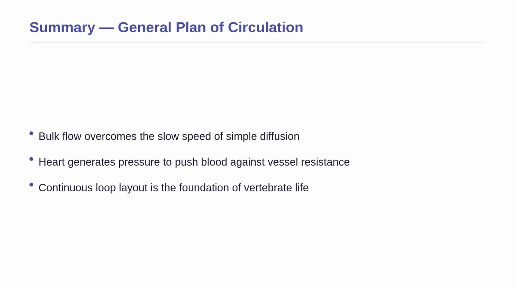We have covered a lot of ground today, so let us review the most important ideas. First, the general plan of circulation is a transport highway designed to overcome the severe limitations of simple diffusion using bulk flow. Second, it relies on a muscular heart to generate vital pressure gradients, pushing blood against the natural resistance